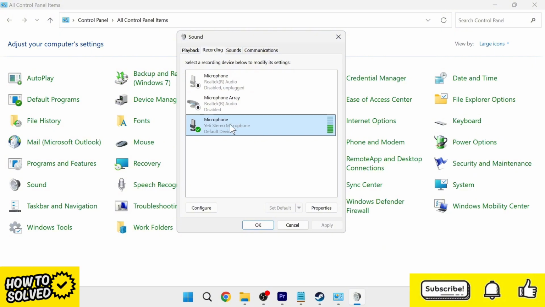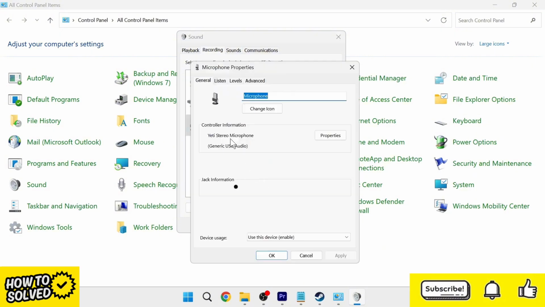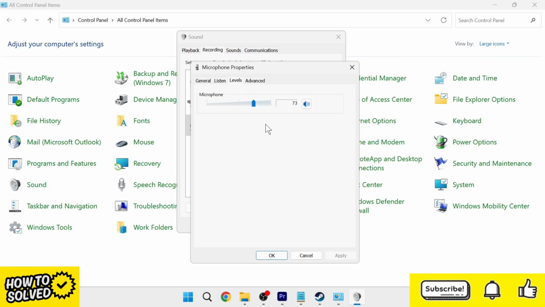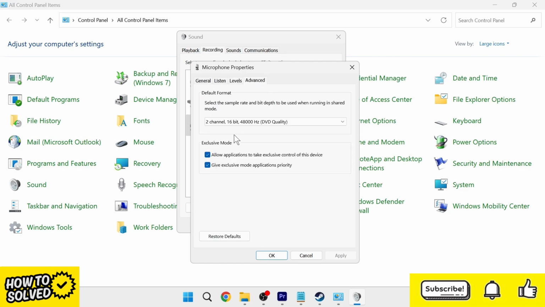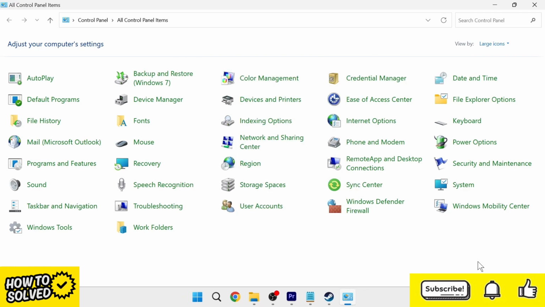Then you can right click on your microphone and head over to properties. Click on the levels tab and ensure your microphone slider is turned up. Then click on the Advanced tab and also select Allow applications to take exclusive control of this device and press Apply and OK. You'll then need to come down to the taskbar in your computer and right-click on the volume